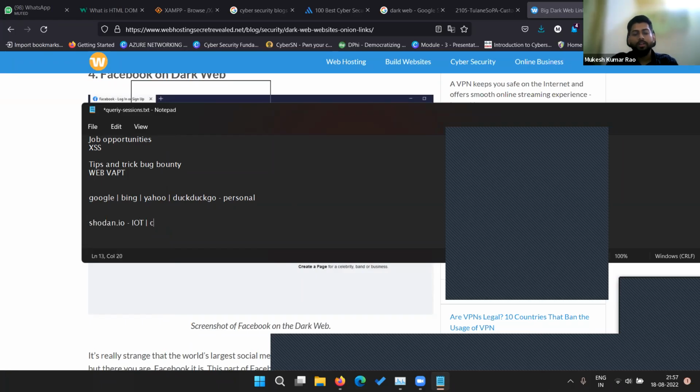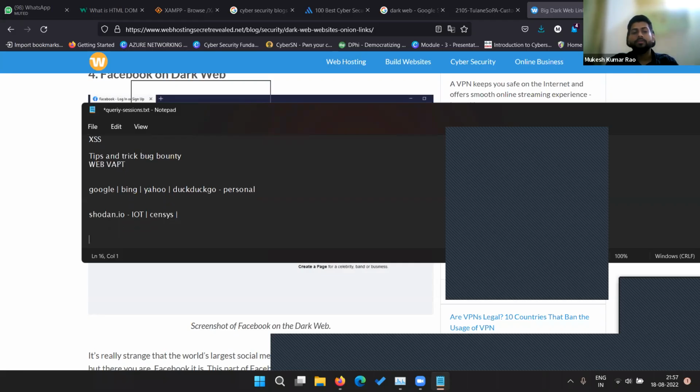We have Censys as well. You can use it. We have more, and you can get the list of them. We have different kinds of options. You can check them out, and there you can get some limited results, because in India when we are searching something, we have a very restricted area. If you search for something about China or some application, the website will get blocked.